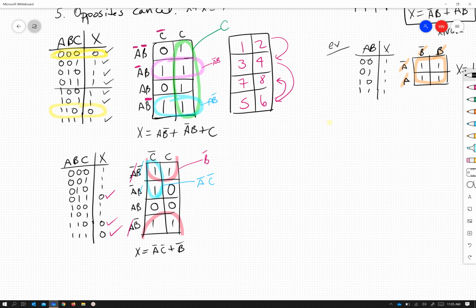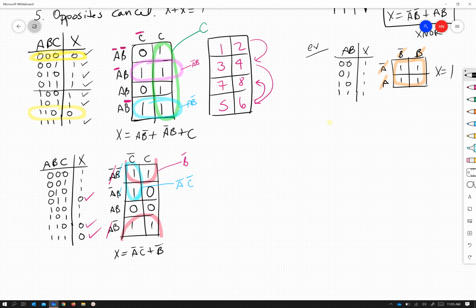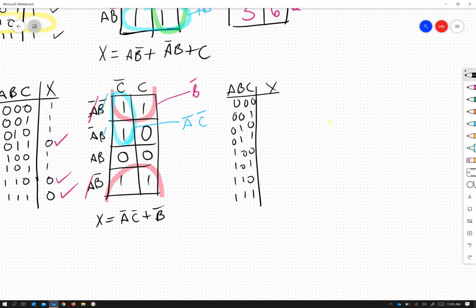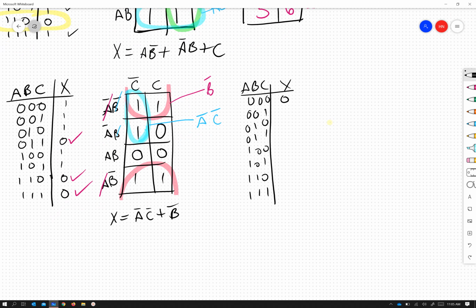So there you have it. Hopefully you can see the process. Now, one last one in three variables. Let's say you had this truth table. Oh, I don't know why I wrote it so long. 0, 0, 0, 0, 0, 1, 0, 1, 0, 0, 1, 1, 1, 0, 0, 0, 1, 1, 1, 0. Let's say we had a 0 and then all ones. So if we did our K-map